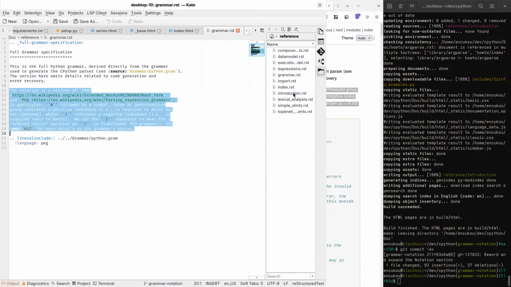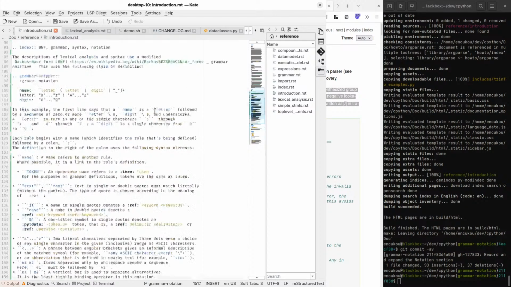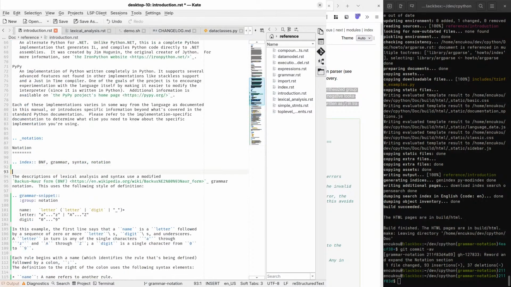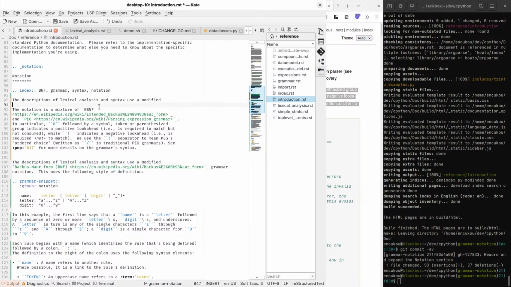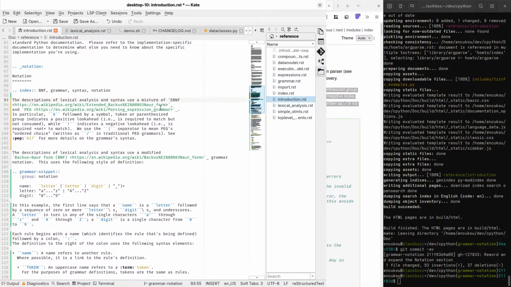Take this and put it in here. Use a mixture of PEG. Oh, very nice. Notations.